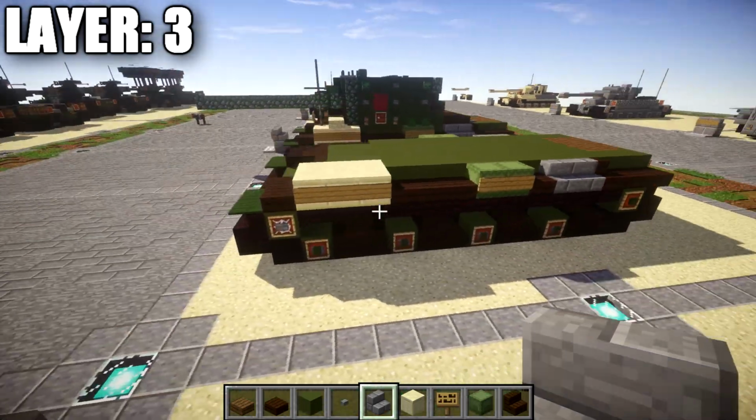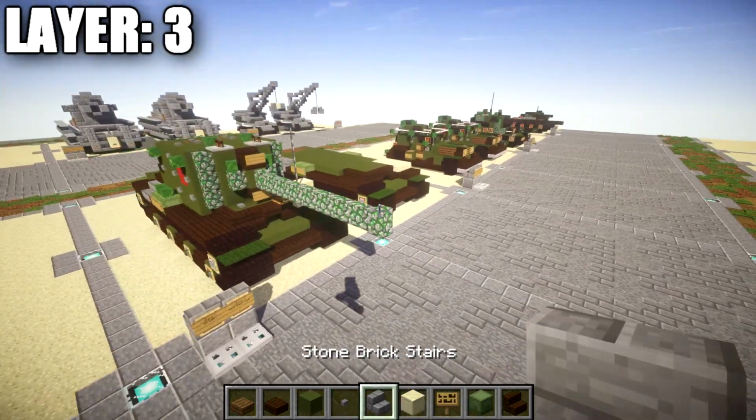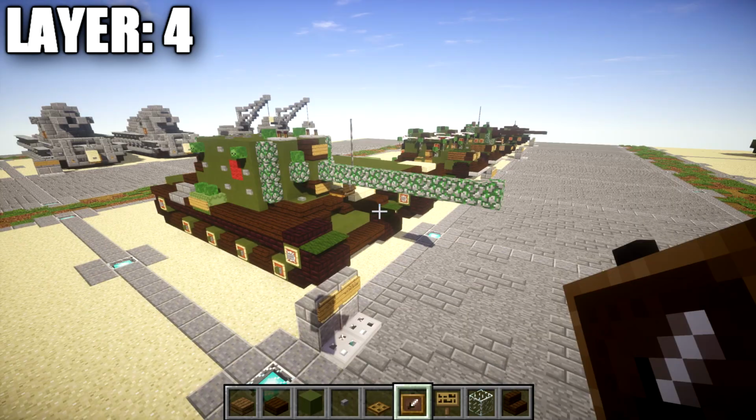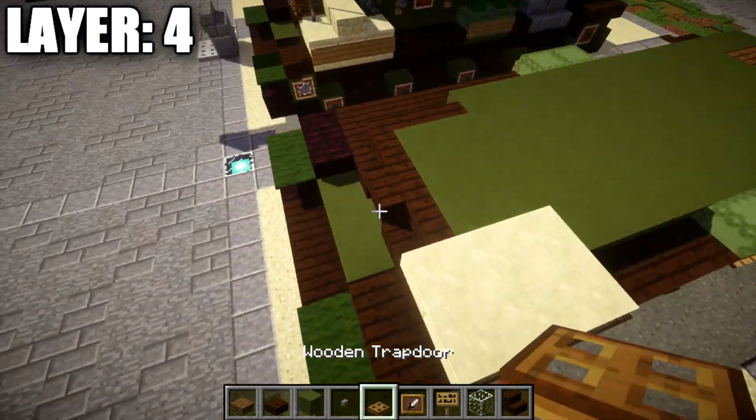And once we have that all complete there, that's going to do it for layer number 3. With that, we can go ahead and move on to layer 4. Alright guys, moving on to our next layer, we have layer 4. For layer 4 to get started here, we're going to go to this dark oak wood stair over